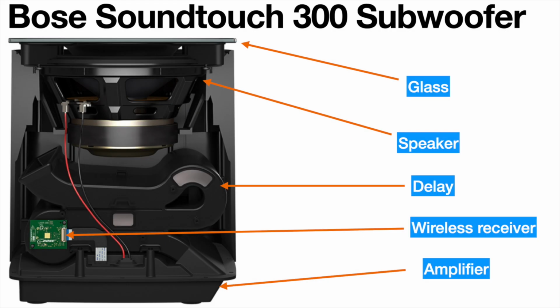This is a very quick video about the Bose Soundtouch 300 subwoofer. Again, because I already uploaded a video about this, but many people have been asking me for more details. So I will try to give additional details to the ones I already gave in the other video. For example,